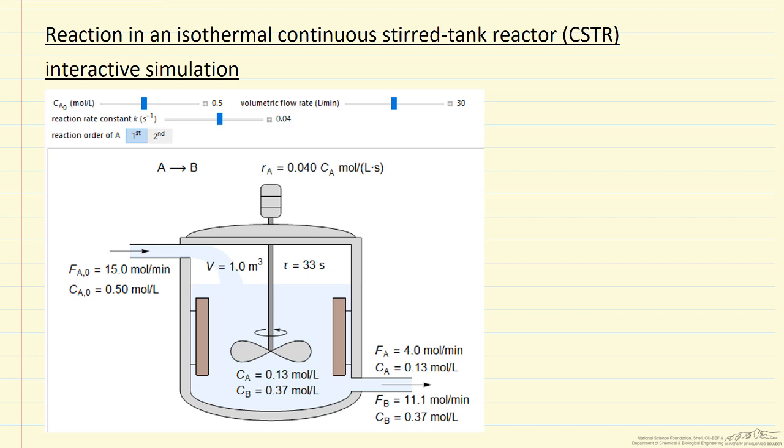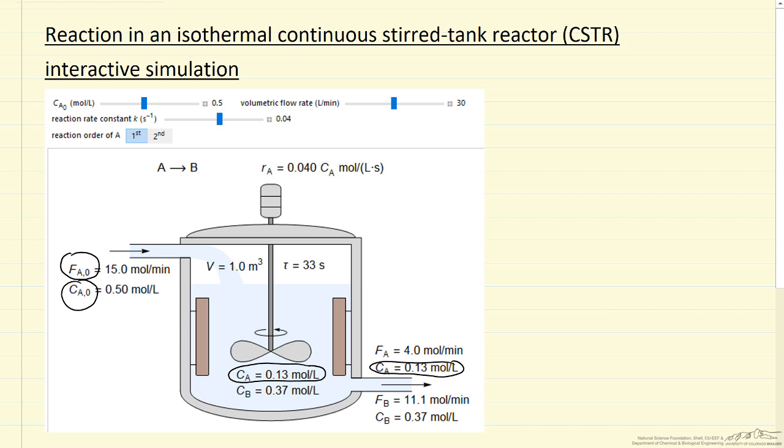I'm going to briefly describe how to use this interactive simulation for a CSTR. One of the important things to keep in mind about a CSTR is the feed coming into the reactor, and we're using molar flow rate, so F is molar flow rate and C is the concentration at the inlet, and a simple A goes to B reaction. Things to notice: the concentration leaving is identical to the concentration in the reactor because we're assuming it's